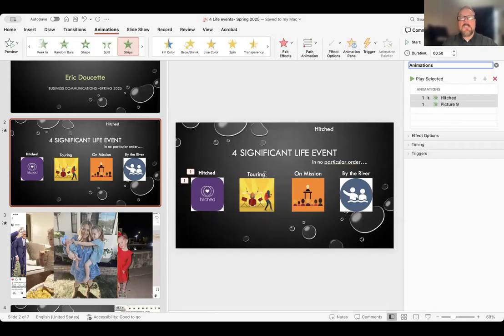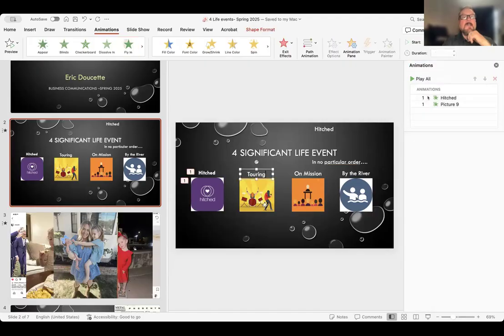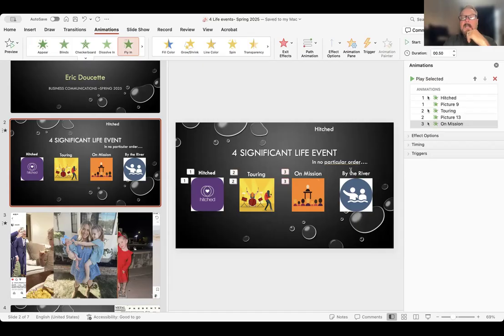Then I select the next 2 items by holding the shift key down. And then this time I want them to appear. Notice they're added to the pane. And then I'm going to select the next 2 items, and I'm going to make this one fly in. All right, and then I'm going to select my last 2 items in this case, and I'm going to make that one do split. Okay, so notice now that they're all showing up as animated by these numbers next to them, and they're also showing up